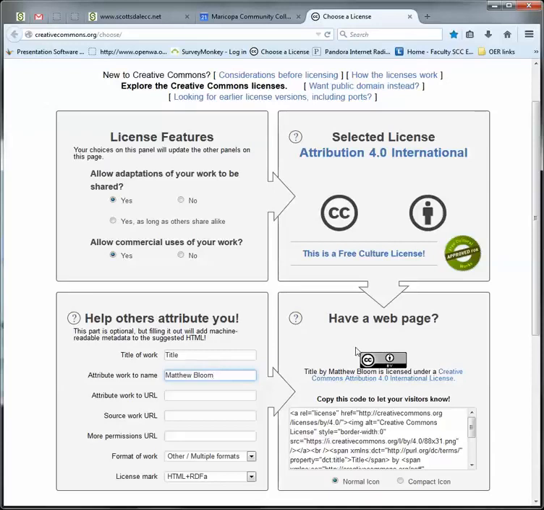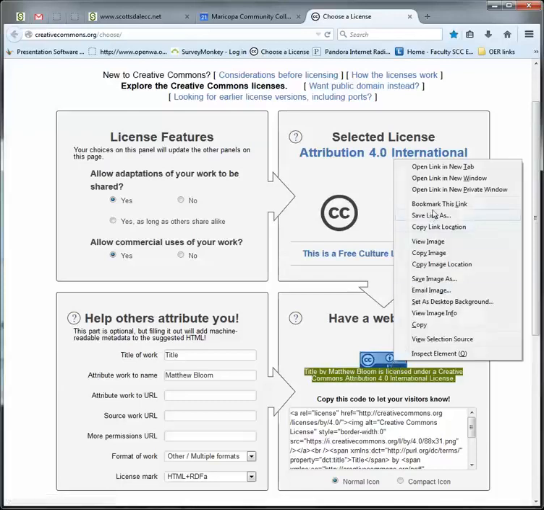Now if you want to embed this into a web page, it has already generated this machine readable code, so that if you have a website that contains this material, you can put this into the HTML on the website, and then Google searches and things like that will potentially hit that. And then if you're just doing a document, then you can just take this here and